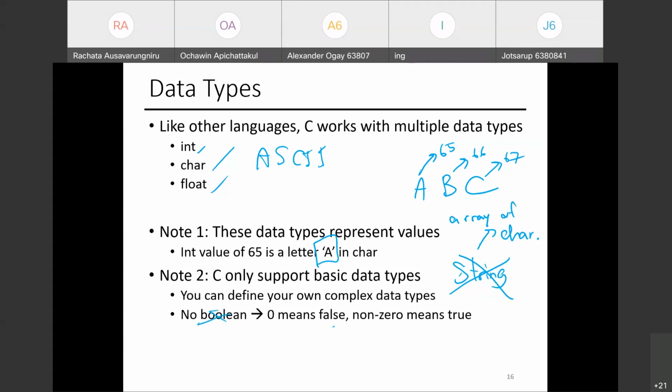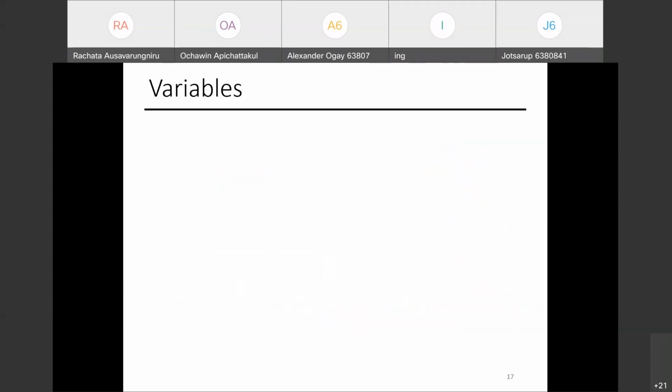When you want to use true and false, number 0 would mean false. Any non-zero value means true. And you can define your own complex data type using a special command, which we're gonna learn in the next week. Right now, these are the basic data types,